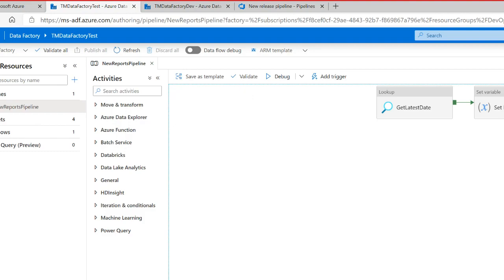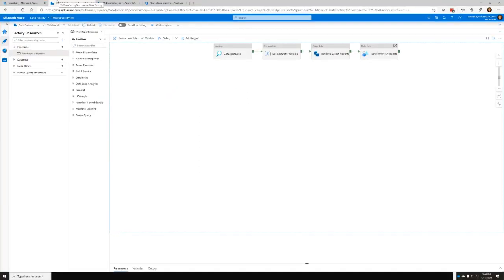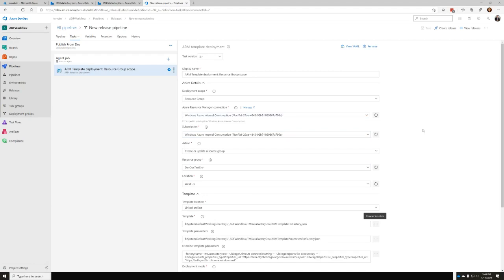But this is a really key point, because if I just left everything default when I created my pipeline here and I created this particular release, what would end up happening is I would overwrite my dev environment with the change that I just made, which effectively means I did nothing for that. So I have to make sure that I am using the appropriate parameters in